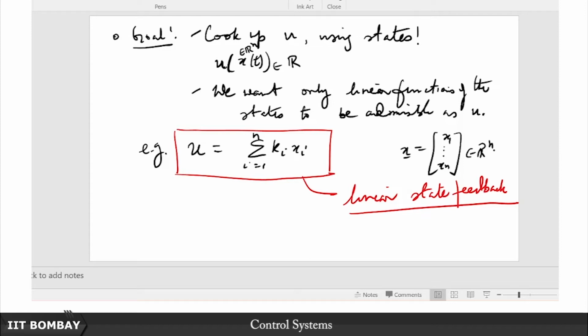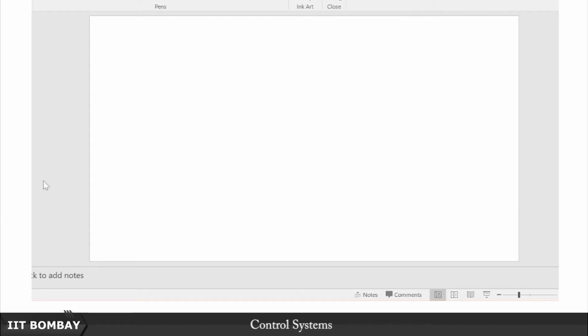So first I want you to appreciate that this is a very restrictive class of state feedback we are allowing. It is just a linear state feedback, right, and you might feel a little let down. After all, what can this do? Is this worth much? That is a question to ponder over, and hopefully by the end of this lecture you will see that it is worth quite a lot, because it does almost everything that we want it to do. So let's take a closer look at this, shall we?